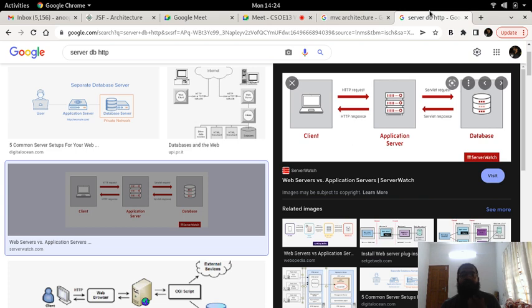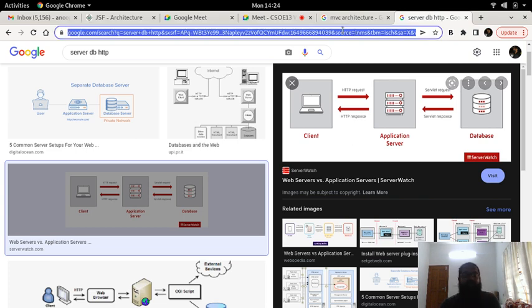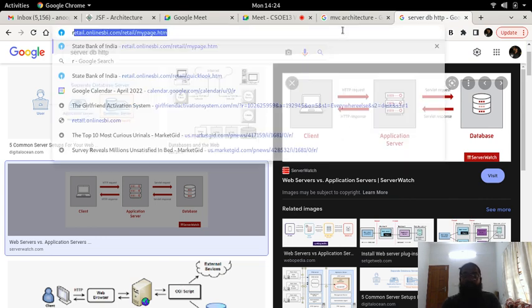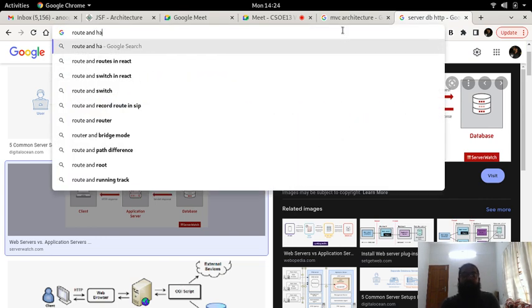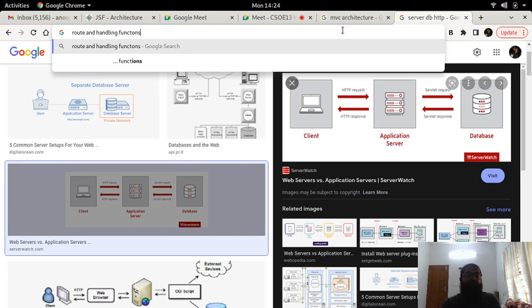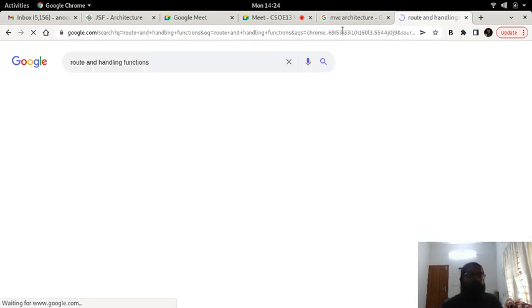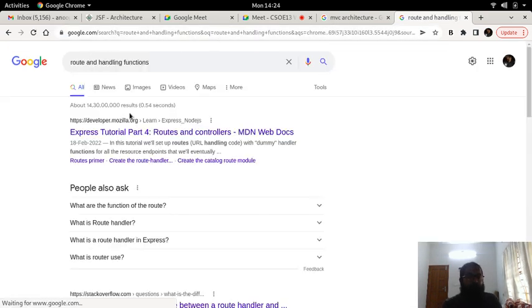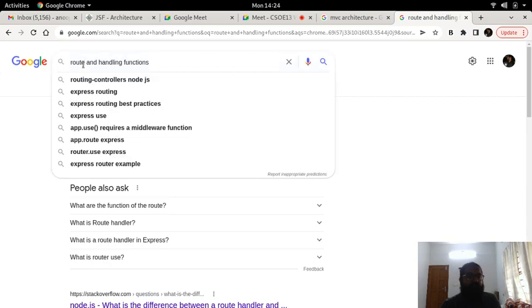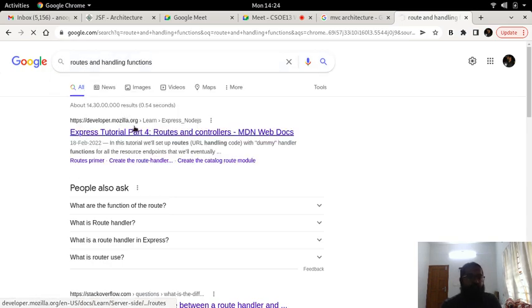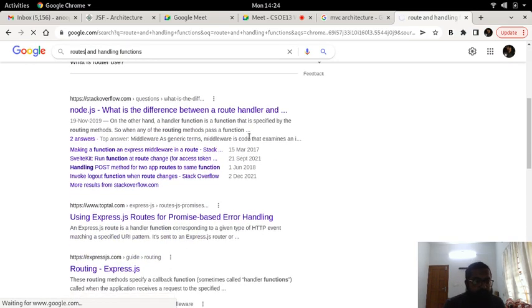Okay, so the major things that we can look in for a particular thing would be route and handling functions. If you just look for that, routes, just a second.